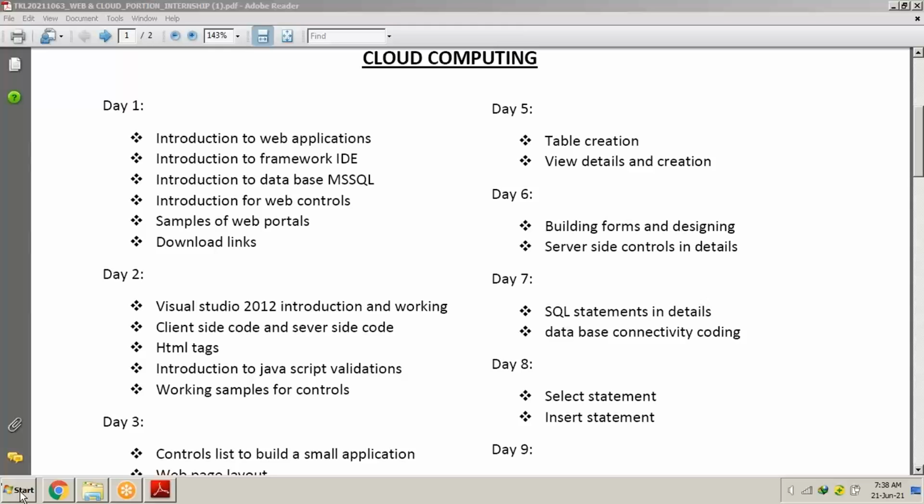When everything is finalized, then only the developers, the programmers, move towards the designing part to create the screens, to create the front end, I mean to say. So we created a table of students and marks. We will be designing forms according to that particular table also.